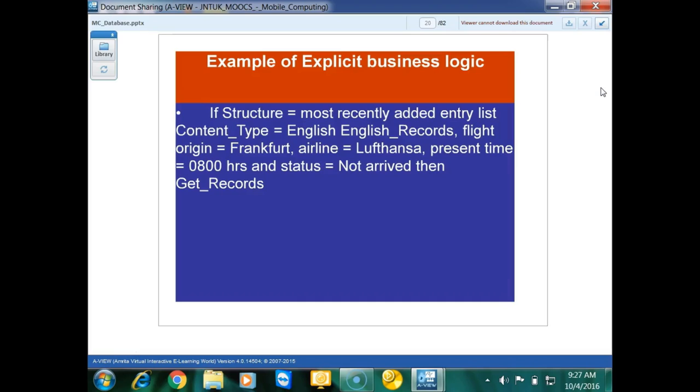Here you can see this is an example of explicit business logic. Here we are writing a query to retrieve the records and accordingly to perform some actions. So the query is, if the structure is equal to most recently added entry and the content type is English, so we need to retrieve only English records, and the query is like the flight origin should be Frankfurt and the airlines should be, they are giving the airlines and they are giving the